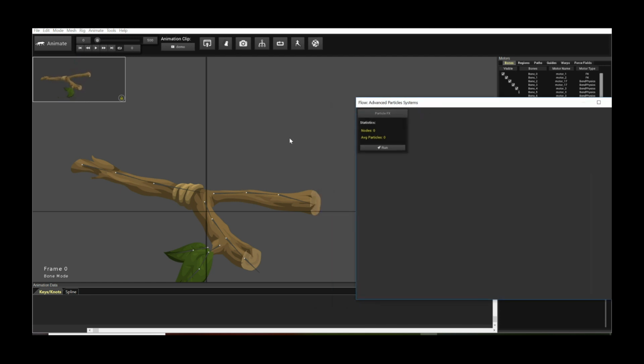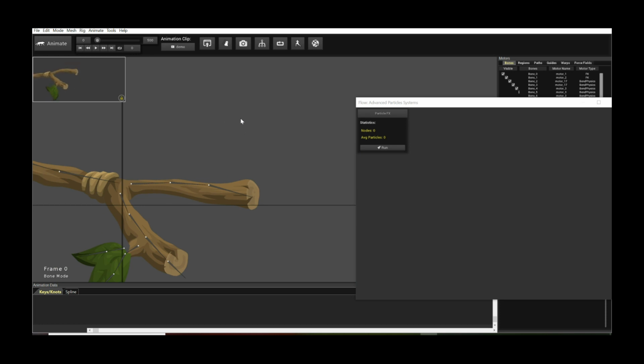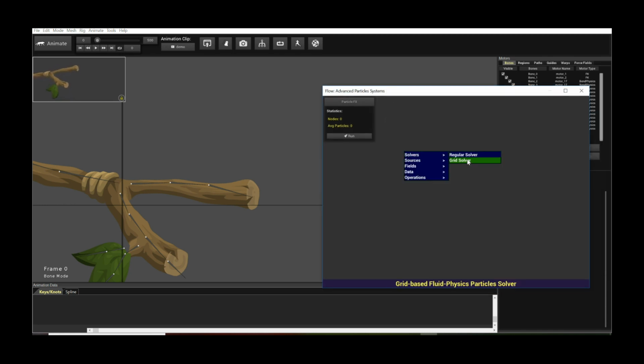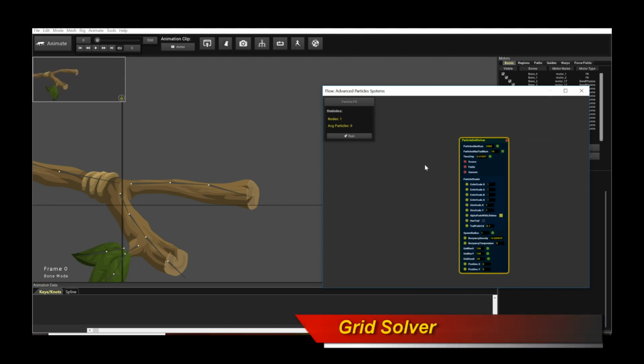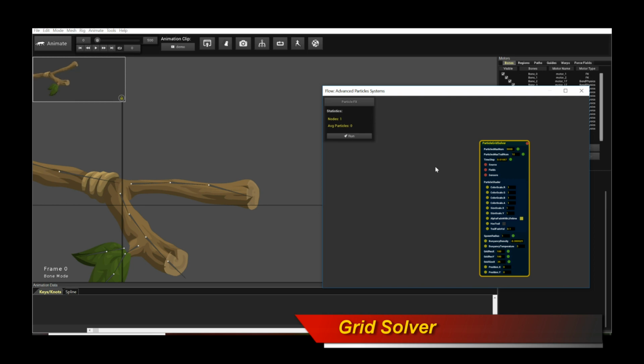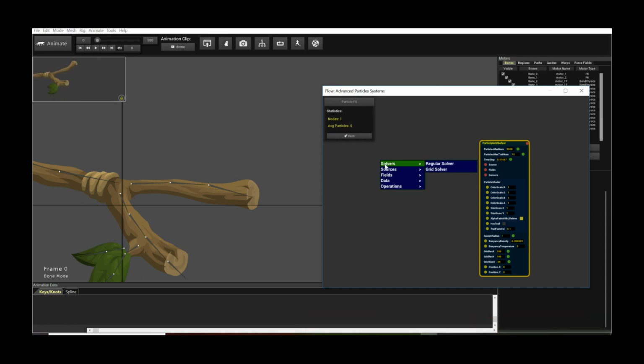Now, in order to simulate realistic fire, you need some kind of fluid dynamic solver, and Creature actually has this solver available. There's two kinds of solvers currently available in Flow. There's the regular solver for normal particle systems, and there's something called the grid solver, which we're going to be using for the base fire fluid flow. So click on grid solver. So this will actually simulate the equations of motion of fluid dynamics. So it's pretty complicated and pretty cool, and we're going to use that to simulate fire. So create the grid solver,